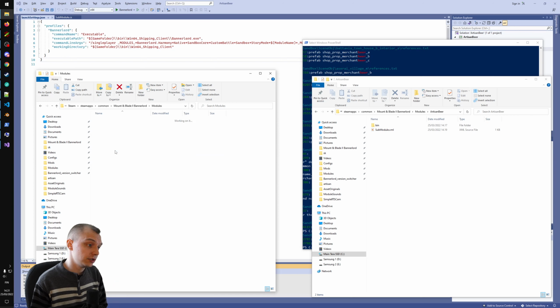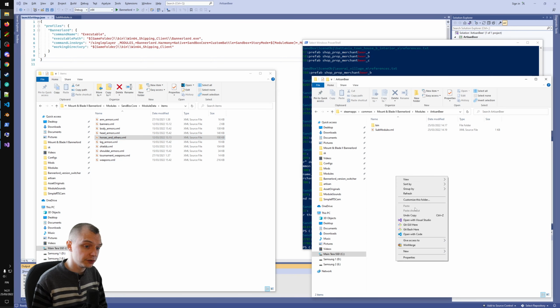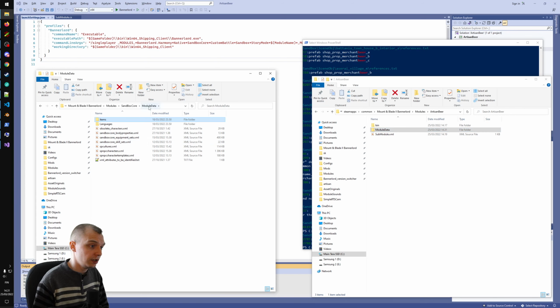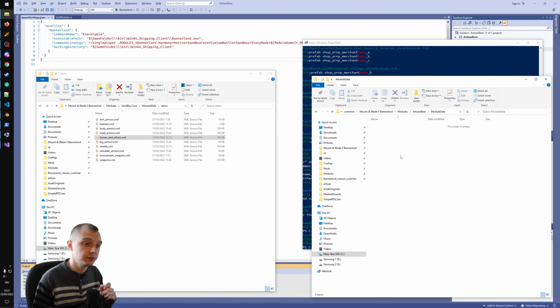So then I would just go to SandBoxCore, ModuleData, Items, and look for horses and others. And I would copy this to my ModuleData. So you see this was in ModuleData, and we need to put our data XMLs in ModuleData as well. So I would just copy this,